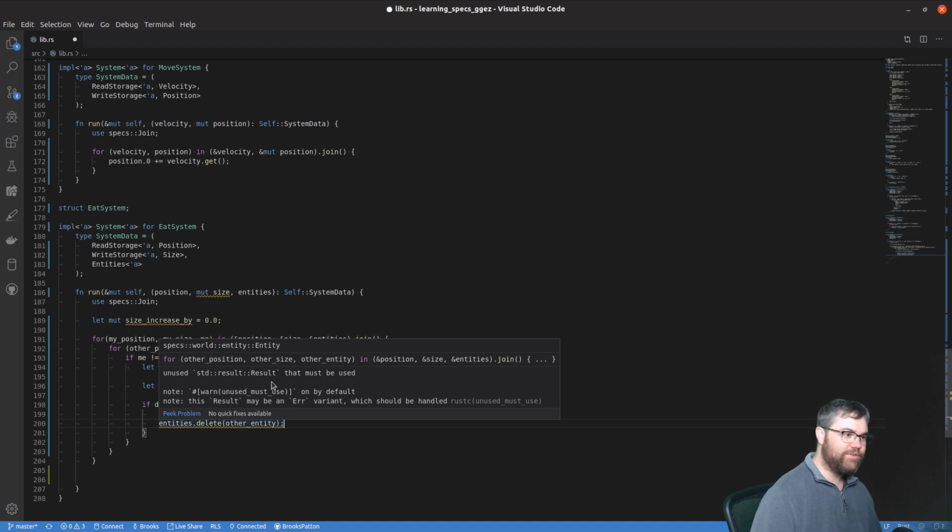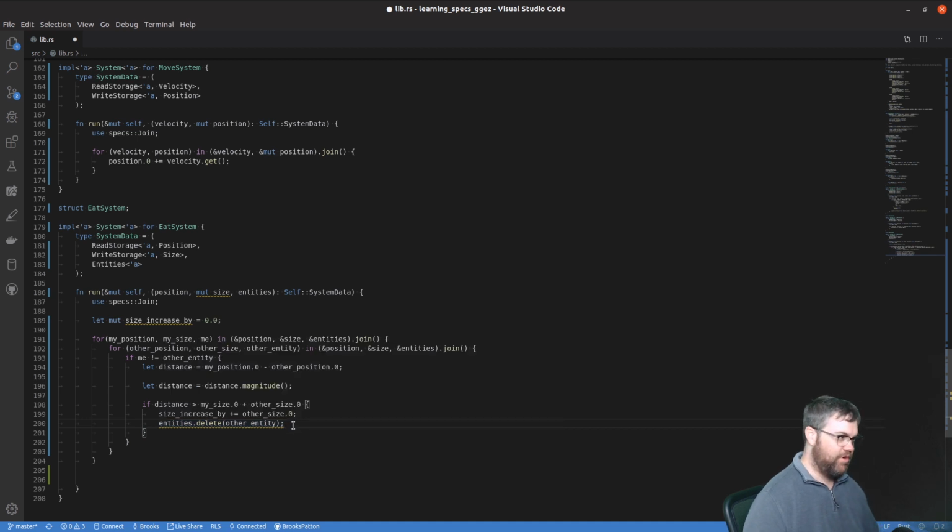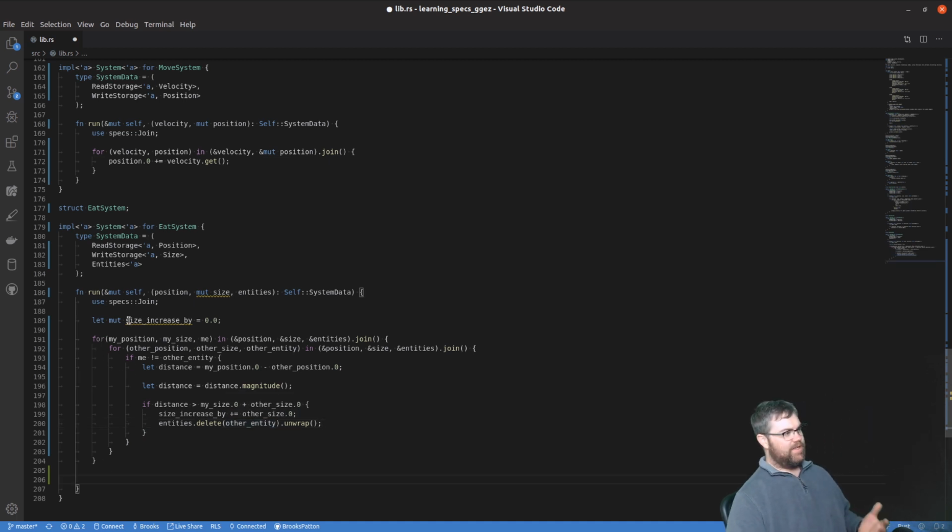Oh, there is a result here. This result may be an error variant, which must be handled. Okay, so I'm not returning a result here, so I have to unwrap then. Okay, that might work. So then after this works,